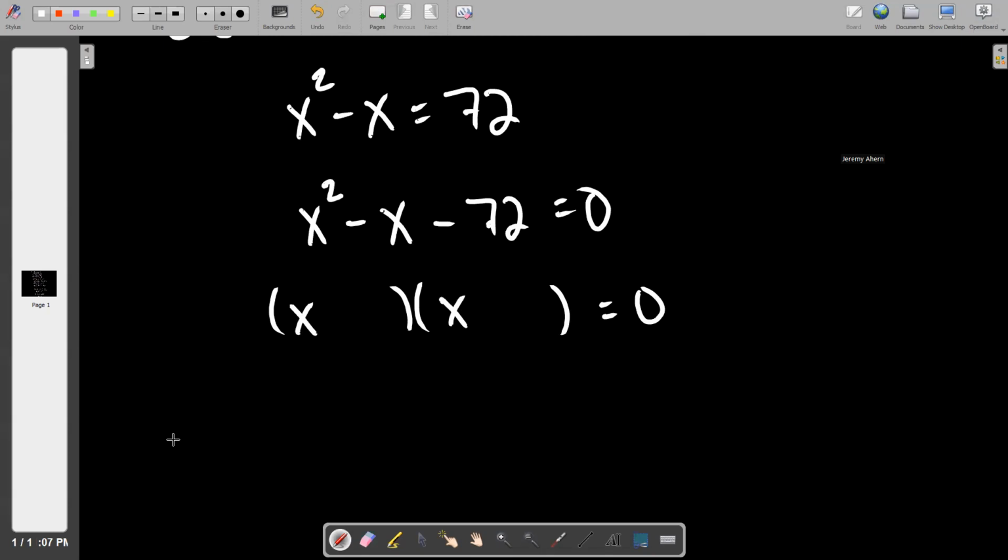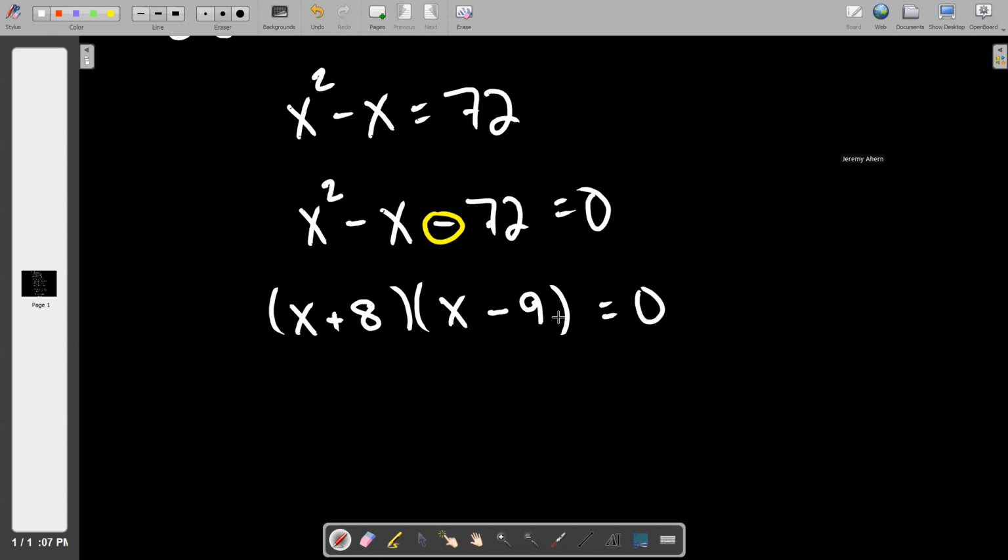Tell me about my signs. Yeah, it's unavoidable that one's positive and one's negative because they multiply to make a negative. And then what numbers multiply to make negative 72, but essentially add to make negative 1? Positive 8 and negative 9. So that's, you've done that, I can say literally hundreds of times in my presence, factoring a